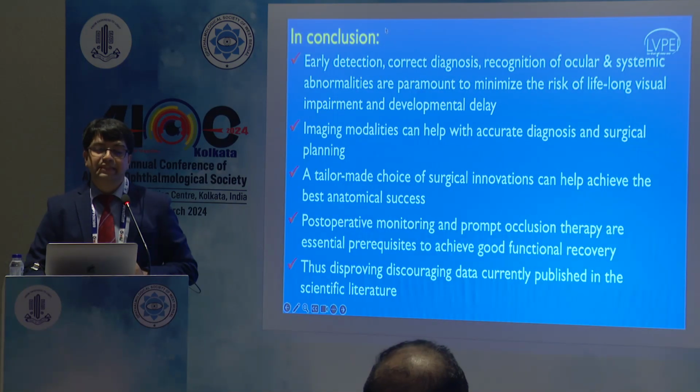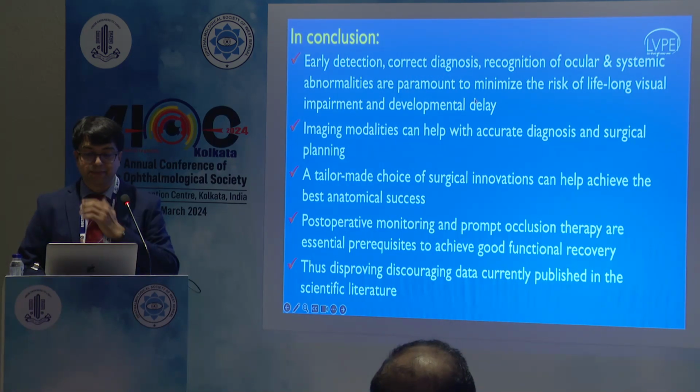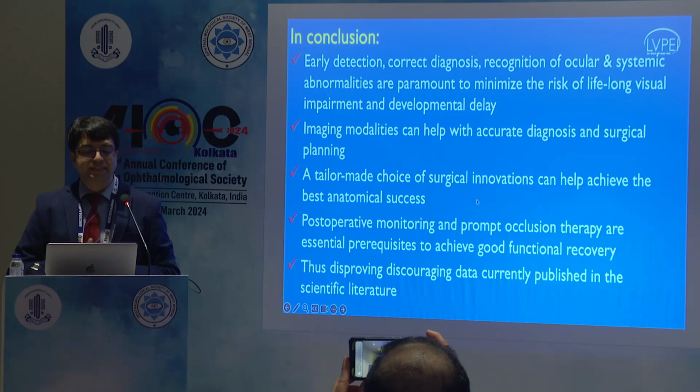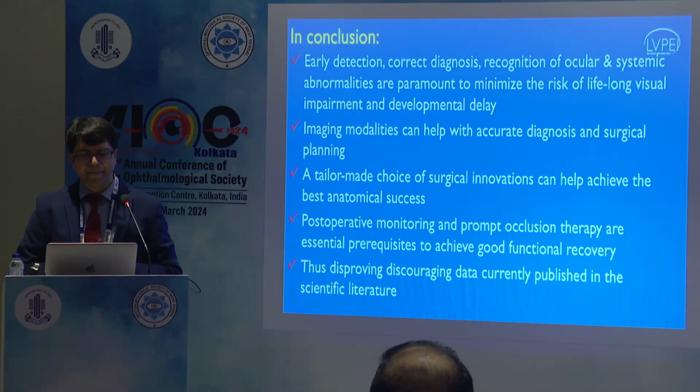So as I said, early detection, correct diagnosis, and recognizing ocular or systemic comorbidities is paramount in not only maximizing the success of the graft but also the functional outcome. Imaging helps in pinpointing accurate diagnosis. One has to tailor-make surgical innovations to help achieve a good outcome in these cases. Sometimes it could be a simple optical iridectomy, rotational graft, or a SEPA, and post-operative care is